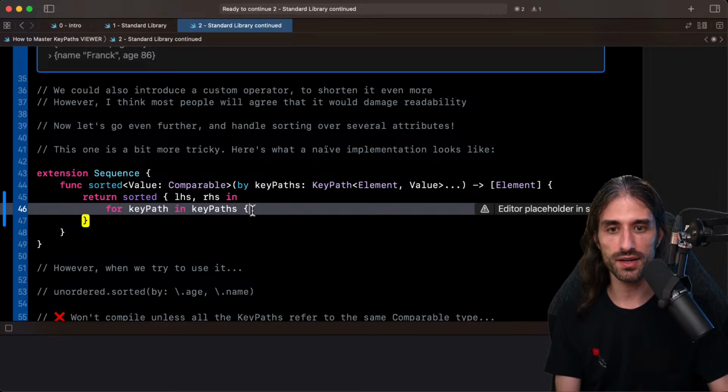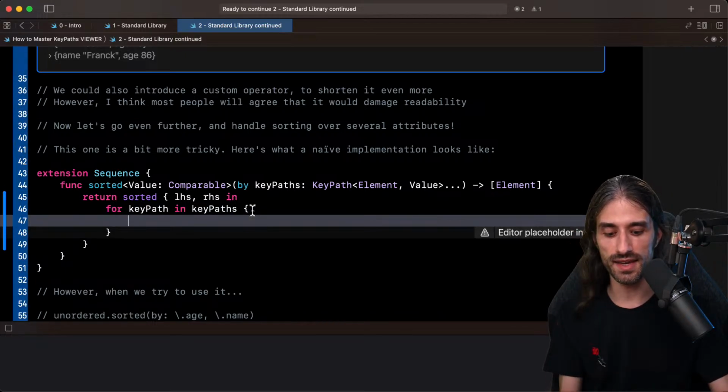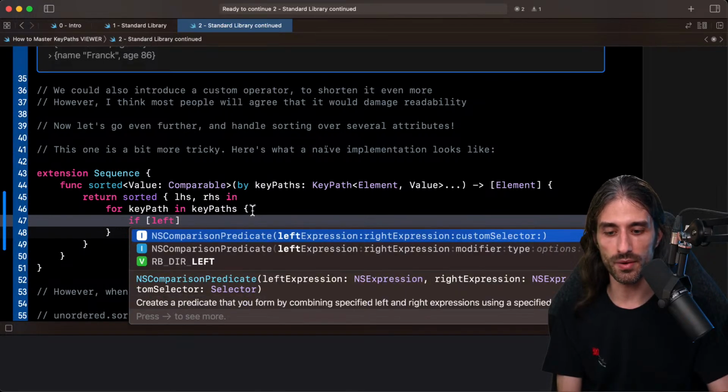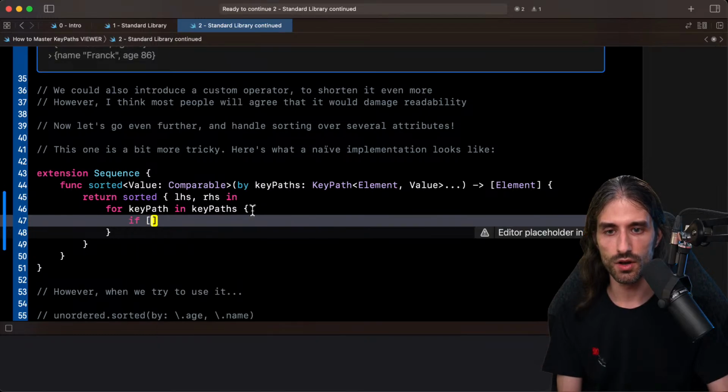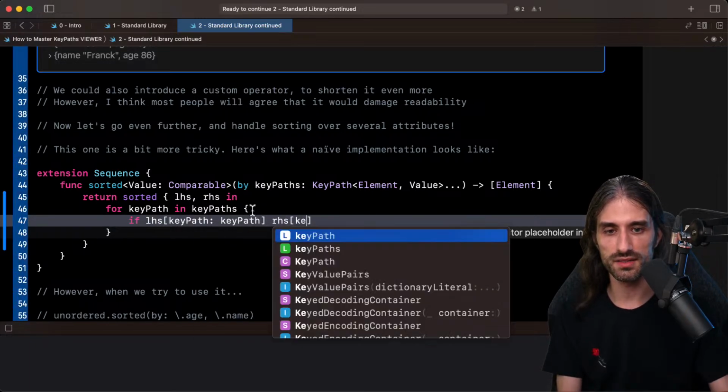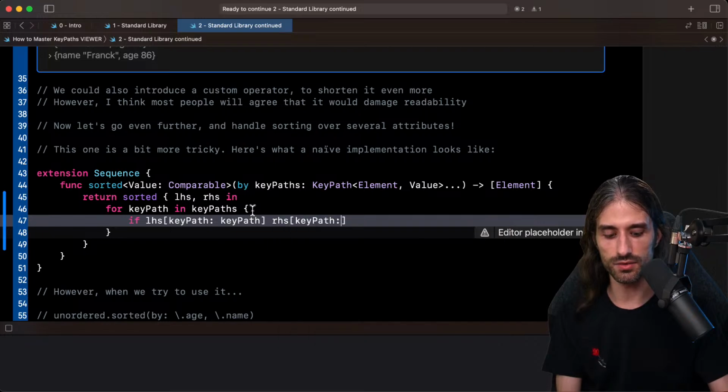I want to iterate over them. And then I want to use the key paths to get the values in order to perform a comparison. So on the left-hand side, I'm gonna get the value using the key path. Same thing for the right-hand side. I get the comparable value using the key path.